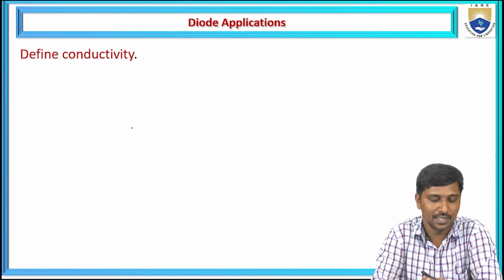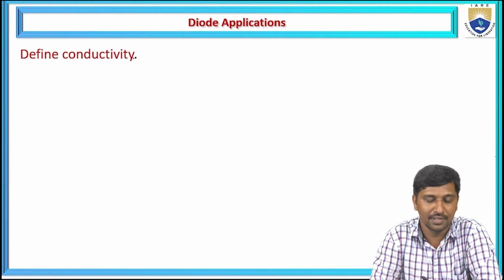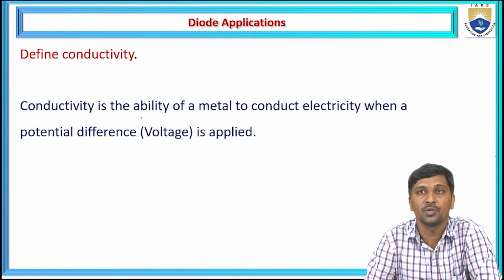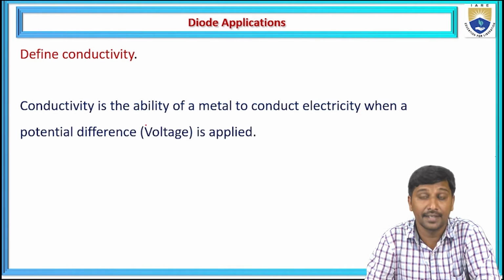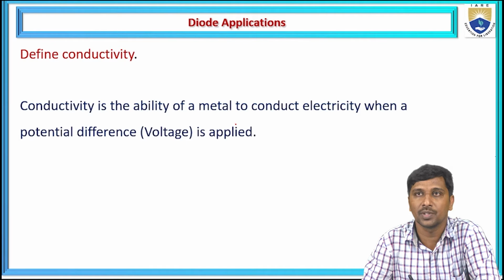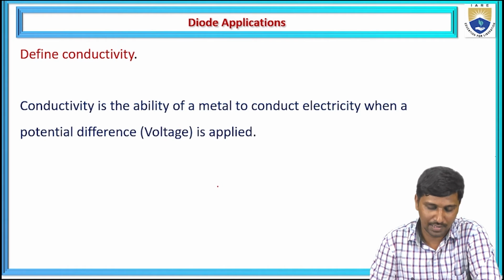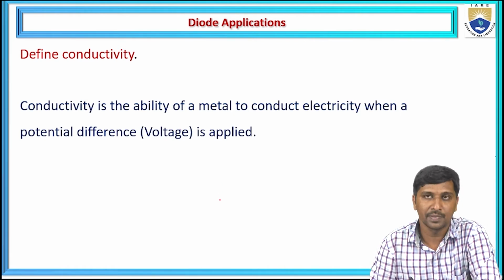Now, the second one is, define conductivity. Conductivity means how much conduction takes place across a particular device when an amount of force is applied. The conductivity is the ability of a metal to conduct electricity when a potential difference, that is nothing but a voltage, is applied. Suppose we want to observe the conductivity of a normal PN junction diode,